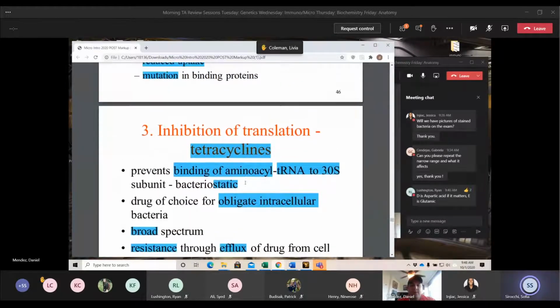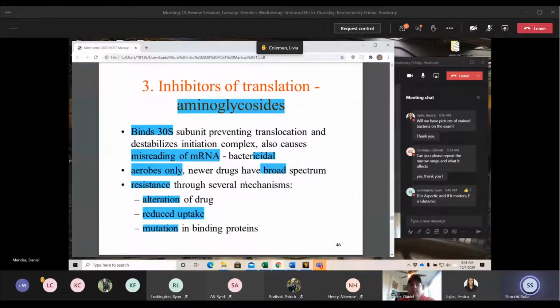Then our next one. Sorry, what do you mean by reduced uptake? Like reduced uptake of what? Of the actual antibiotic. When we administer it, it's just a chemical. It has to go from your bloodstream into the bacteria. So there are certain glycoprotein receptors on the outside of the bacteria that will grab the antibiotic and bring it in. It'll just kind of engulf it, go through endocytosis and bring the actual antibiotic inside of its own cell. And that's how the antibiotic will be able to interact with the ribosomes.